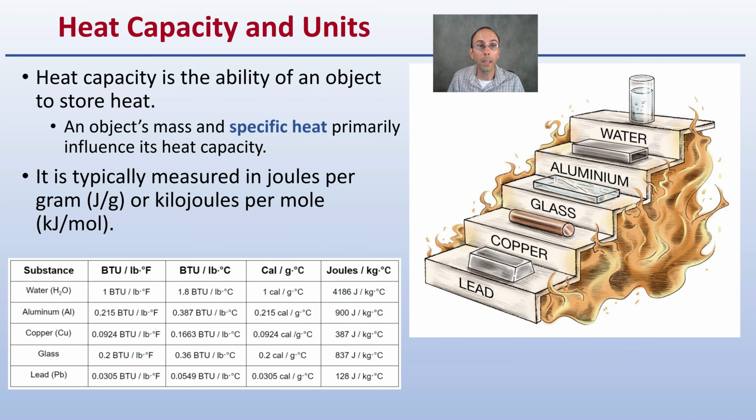All right, so when we're looking at heat capacities in units, heat capacity is the ability of an object to store heat. An object's mass and specific heat primarily influence the heat capacity. It is typically measured in joules per gram or kilojoules per mole. You can see here some given values, and this kind of stepping stone gives you an idea that lead and copper have very low heat capacities, low specific heat, compared to aluminum and water, which in comparison have much higher